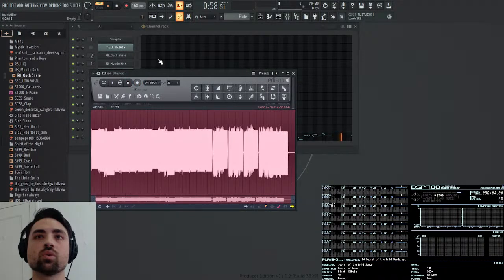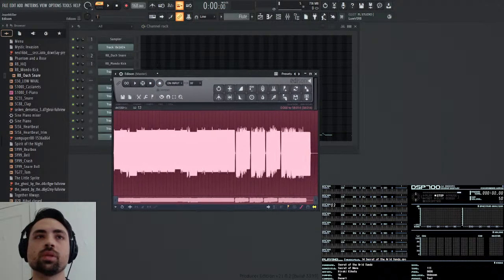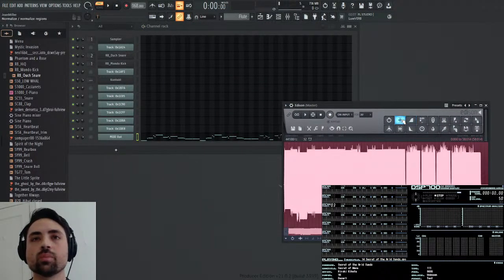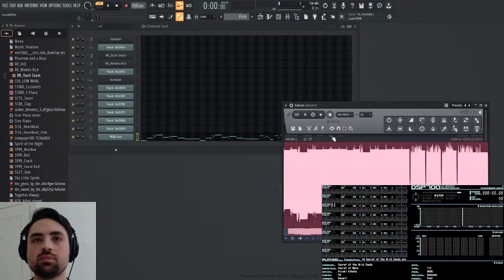Okay, and then stop the recording. Stop playback. And I want to normalize this. And so now I'm going to trim the side noise. And save this as